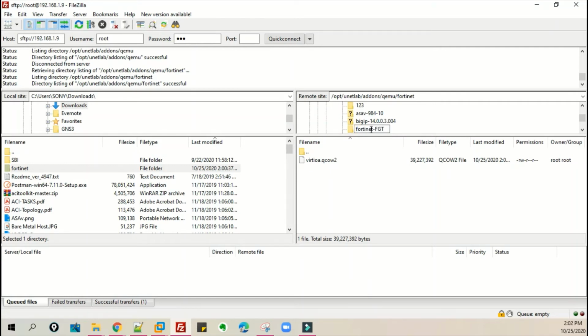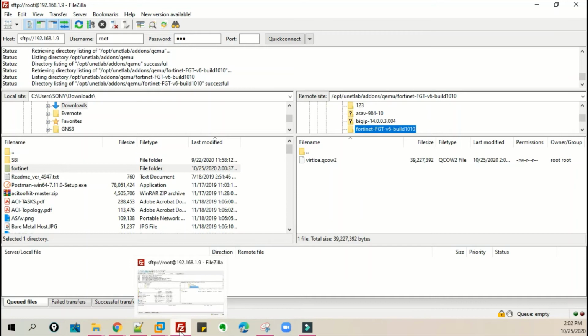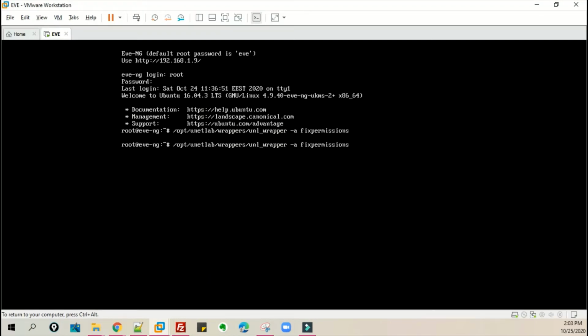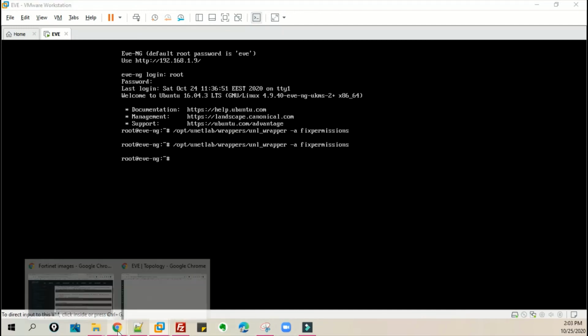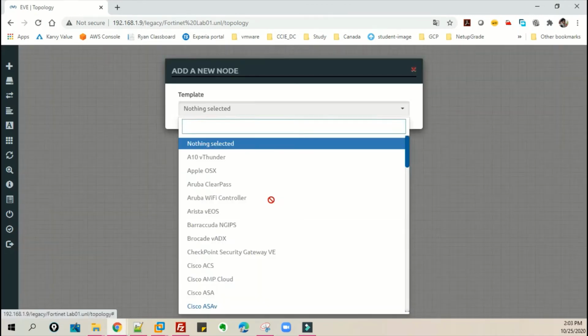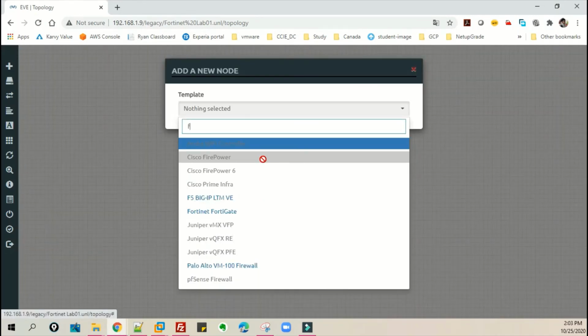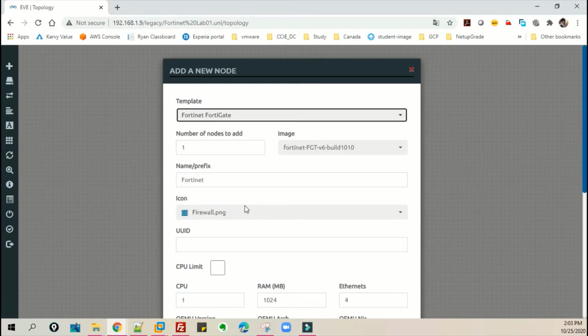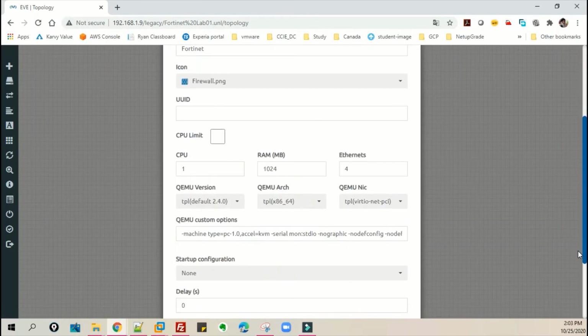Fortinet-FGT-v6-build1010. Now we have done it. Let's try to fix the same permissions one more time and try to access once again. If you can see here, now the Fortinet is visible. Let's select it, scroll down